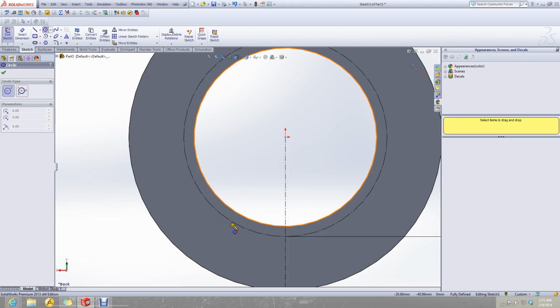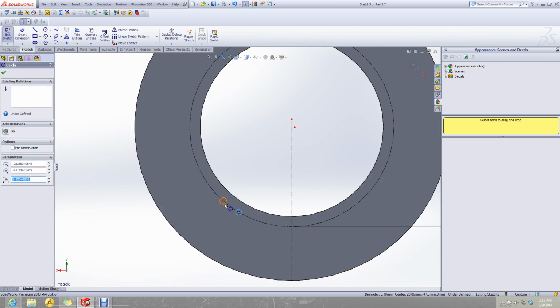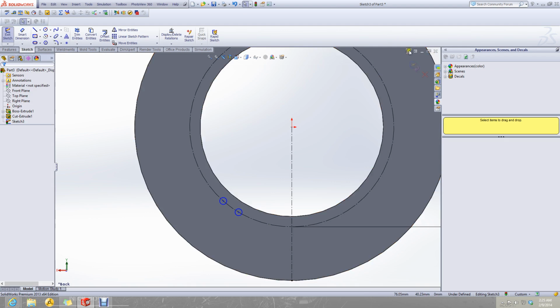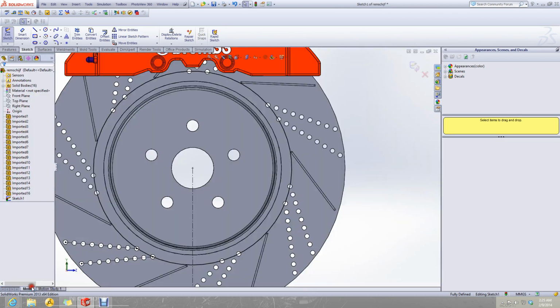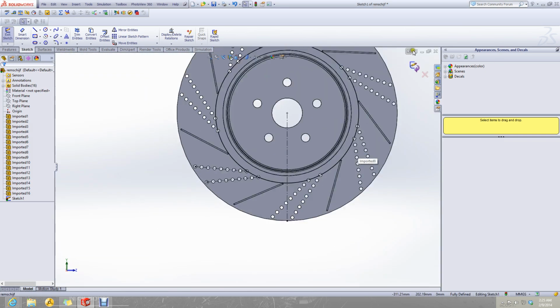I make 2 circles here. These must be equal in diameter. Let's see what is the diameter of these circles. 2.56 as I measured earlier.